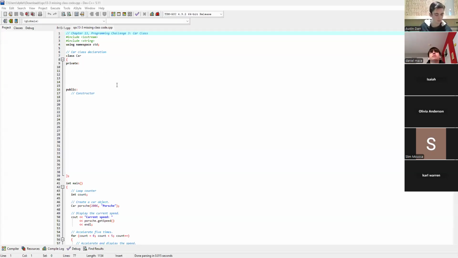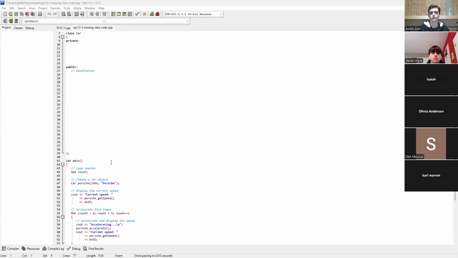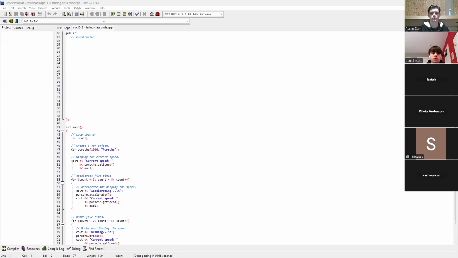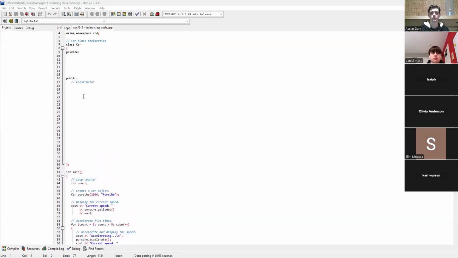If you wanted to practice, here is a class. It's called car class. The fields are missing. The constructors are missing. So this whole part is missing, the constructors, the functions.